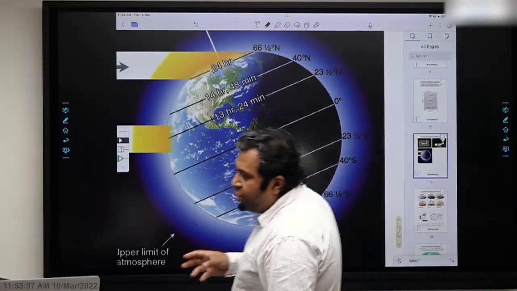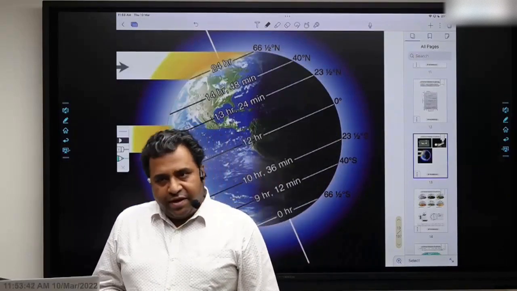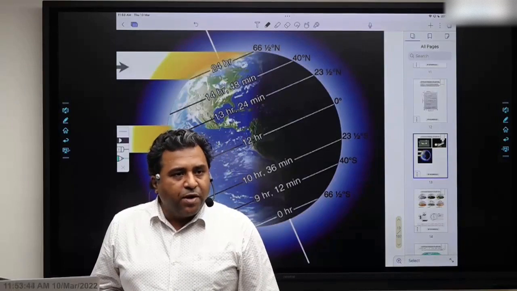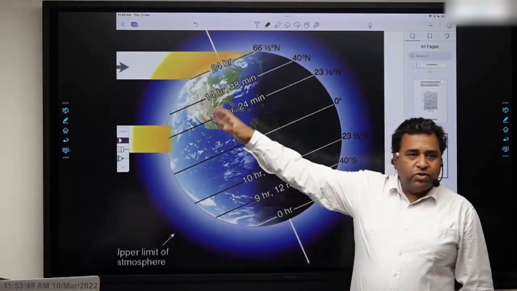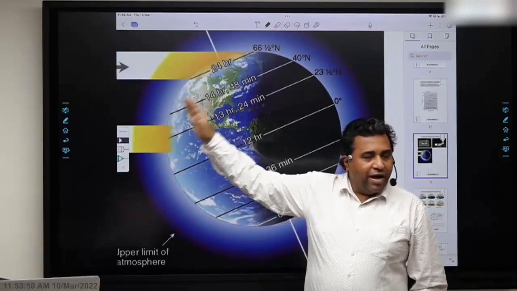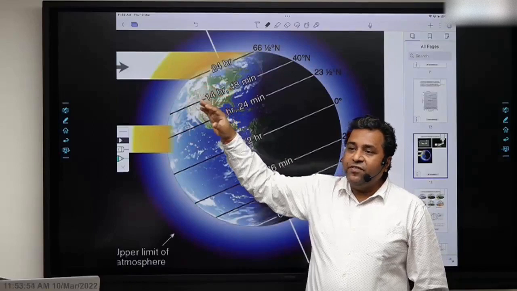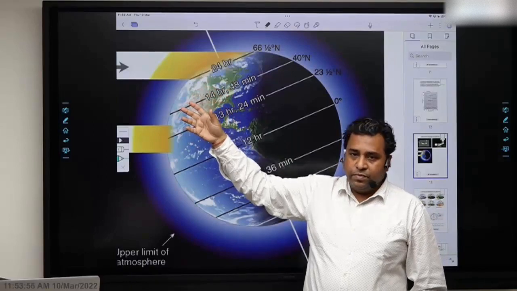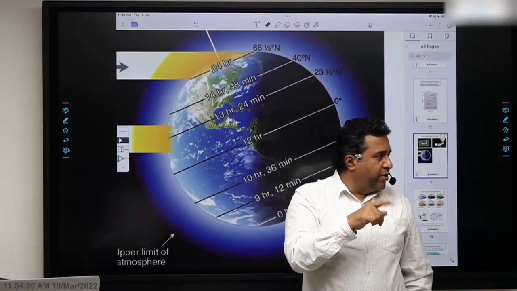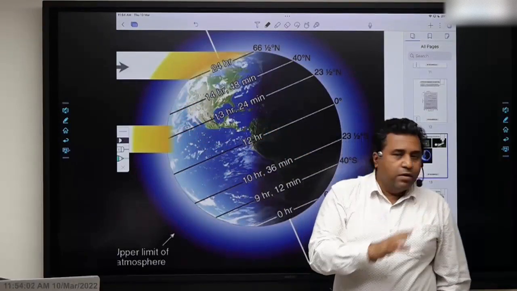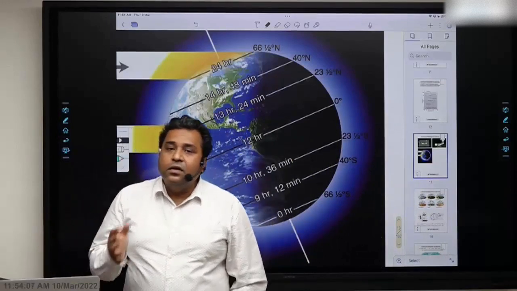So amount and duration both get affected. And we have discussed how the amount and duration is affected. You can see here, the northern hemisphere is tilted towards the sun, so it will receive more amount, and because the length of the day in the northern hemisphere is longer, it will receive more duration also. This is something we already discussed earlier when we were talking of the rotation and revolution of the earth. All right, very good. So this is the effect of shape and the tilt.